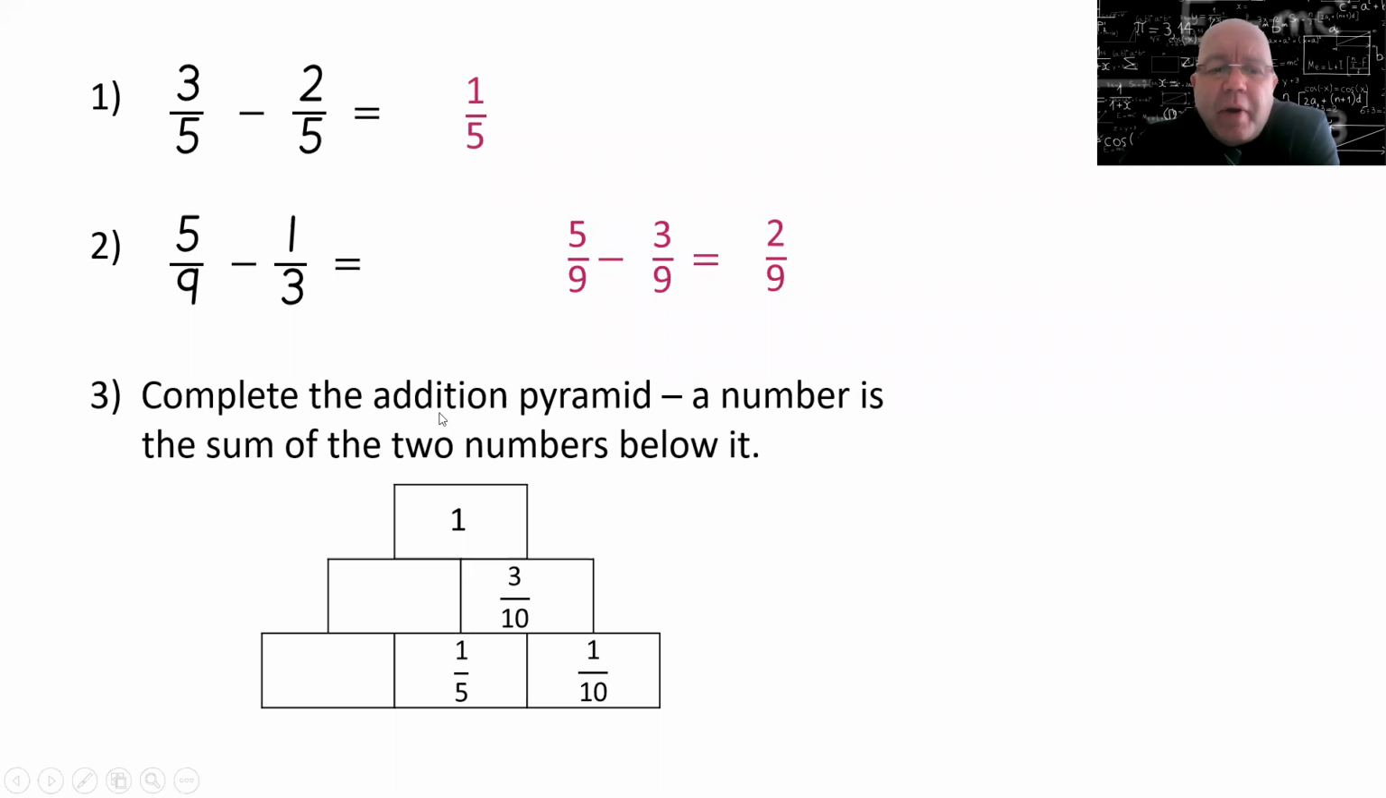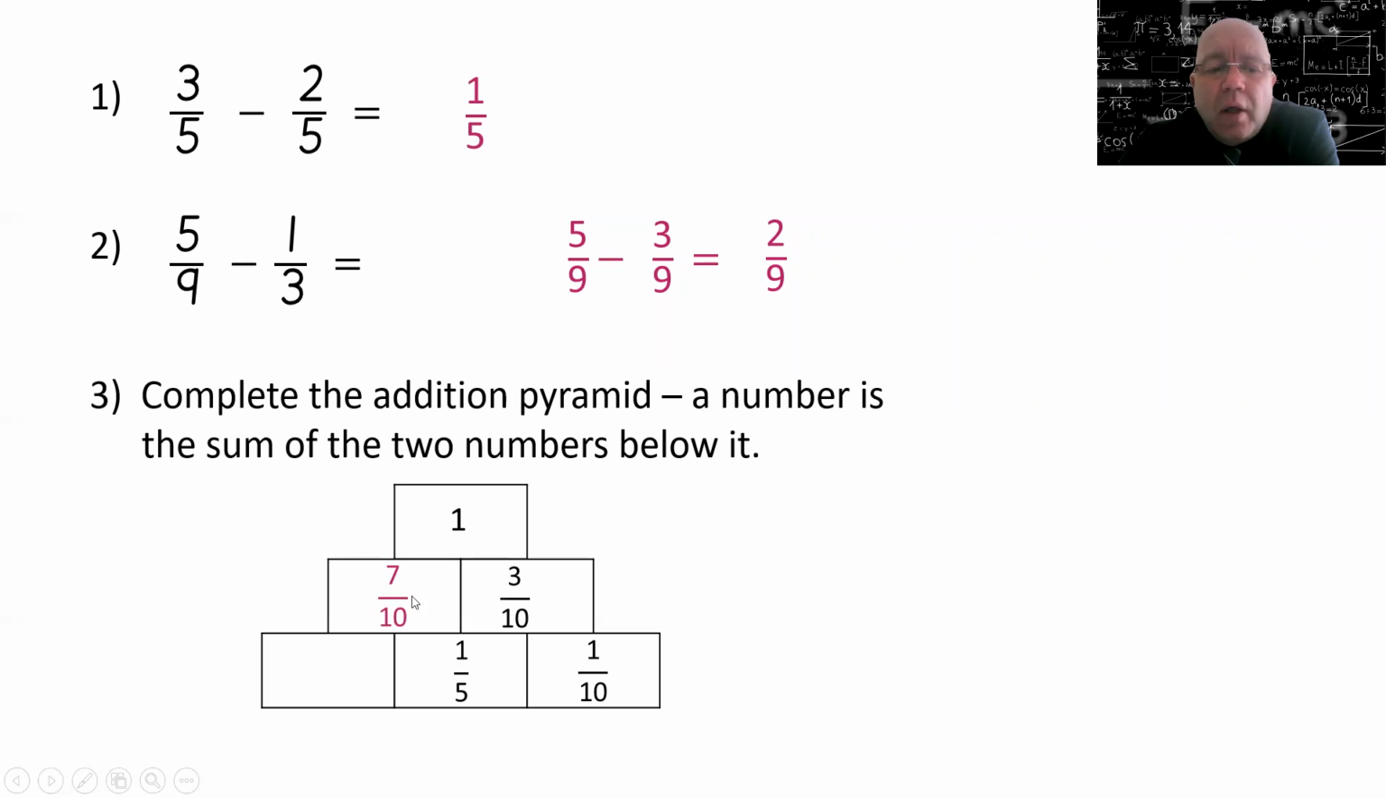Finally, our addition pyramid. Remember, the 2 fractions below add up to make the 1 above. But our gaps are in funny places. So this is going to require, rather than addition to work it out, we're going to have to work backwards and use some subtraction. So we're going to start by finding this missing box. To do that, we're going to use the whole one here, take away the 3/10 here. By taking those apart, we can work out that that must be 7/10, because 7/10 and 3/10 makes